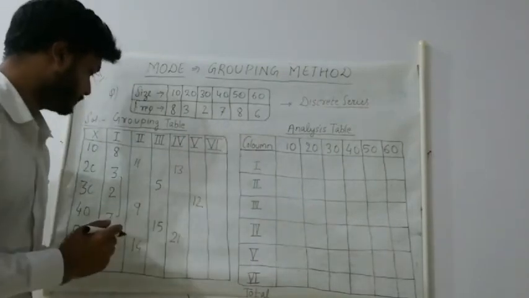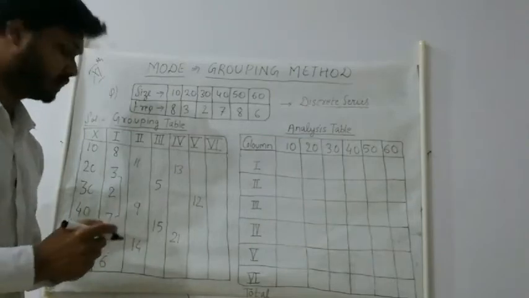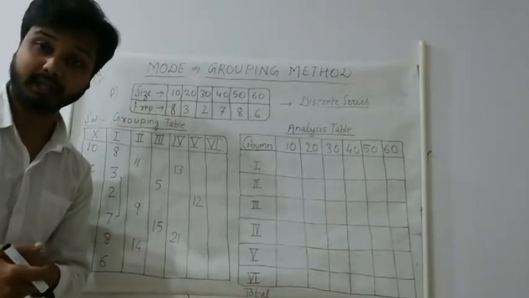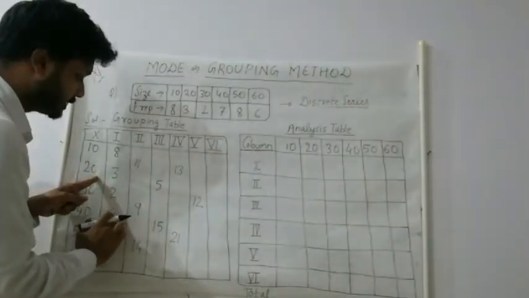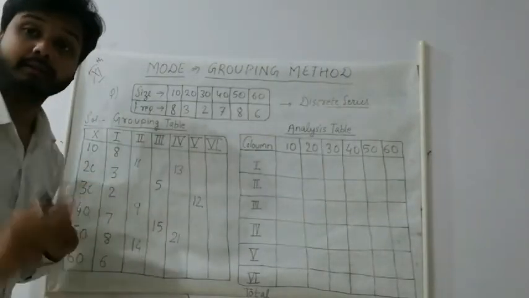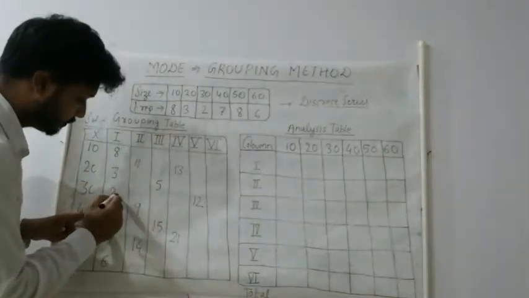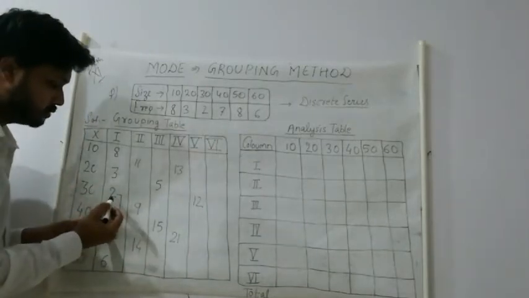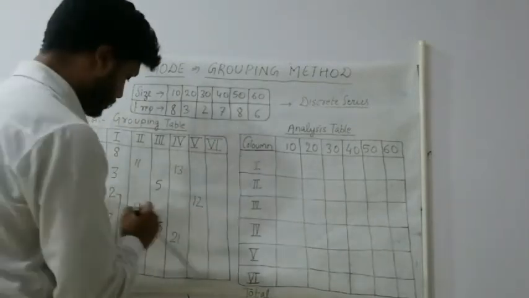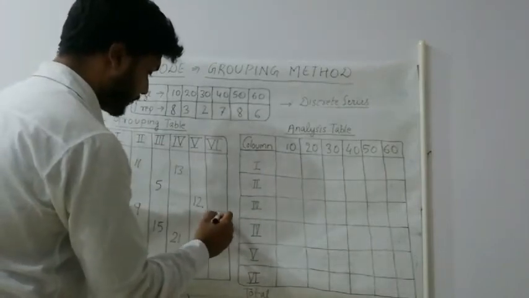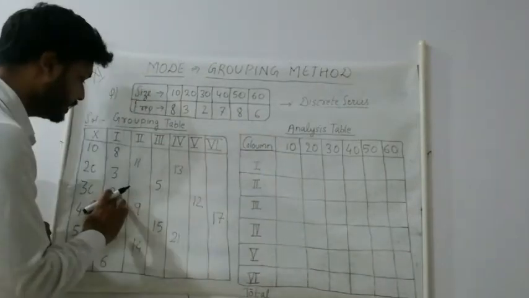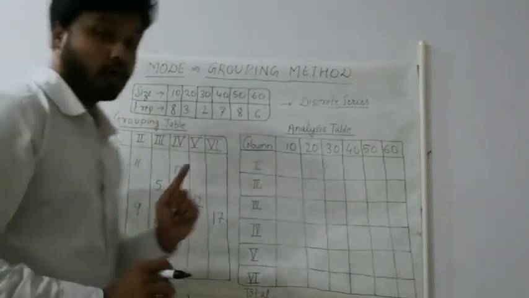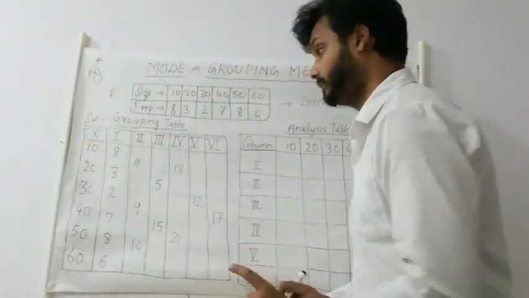In the last column, students, we will again have to make pairs of three numbers, but this time we will leave the starting two numbers. We will start from the third number. So leave these two, start from here: 2, 7 and 8. 7 plus 2 is 9, and 8, 17. So here it will be 17. Okay, so this is how all your columns will be filled.